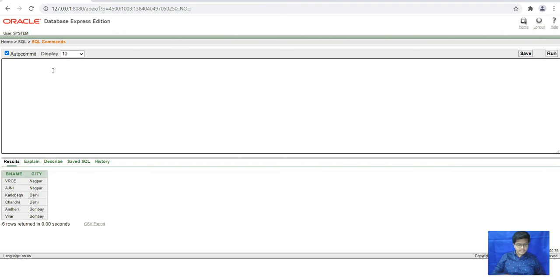After that, we will update deposit. We will set amount 2000.